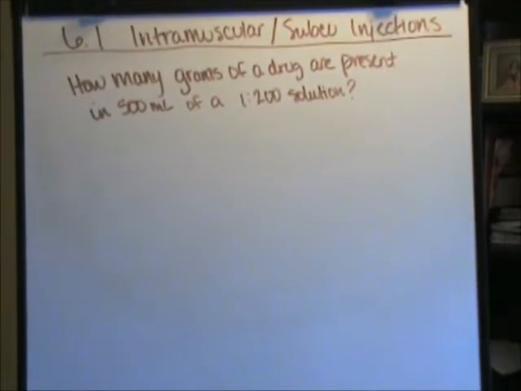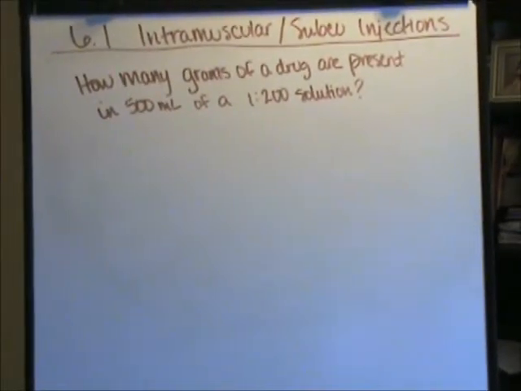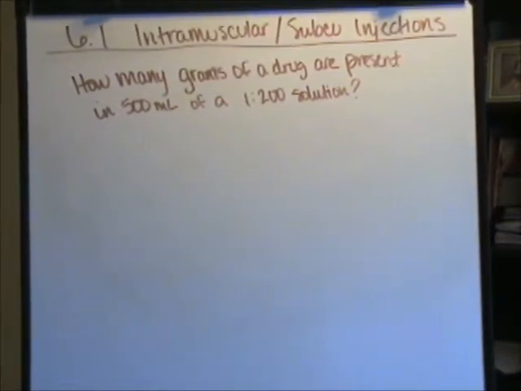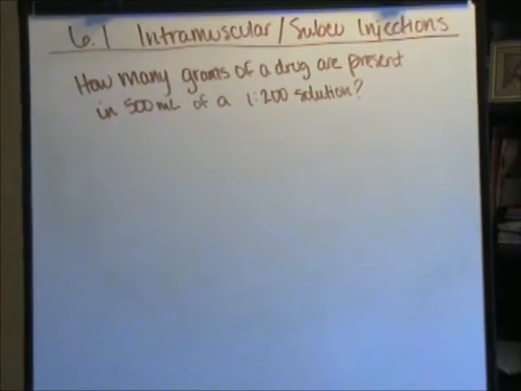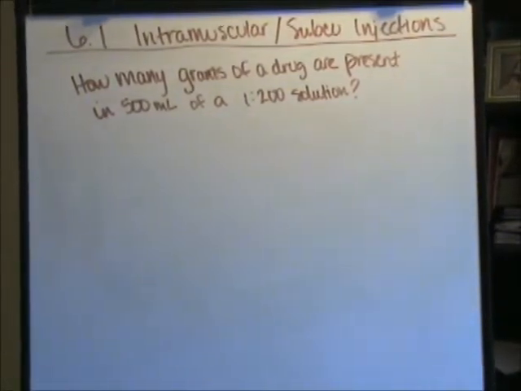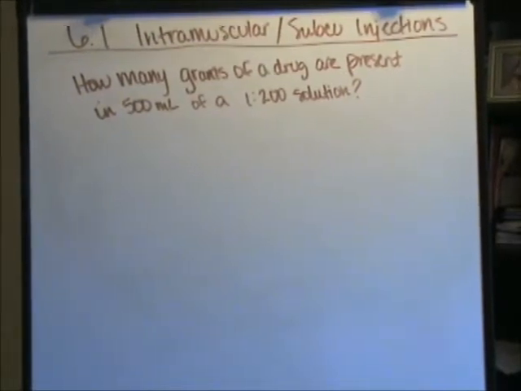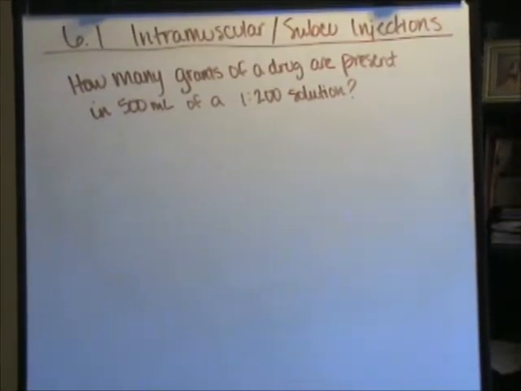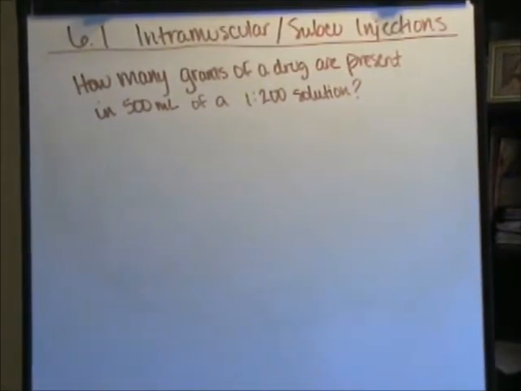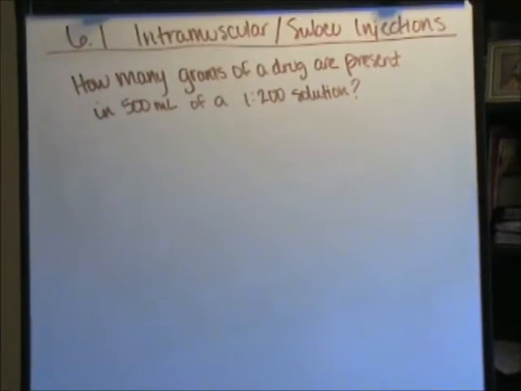Welcome to Chapter 6, Section 6.1. We're going to be discussing intramuscular and subcutaneous injections. We're going to be looking at several examples of labeled boxes and bottles and getting comfortable reading them, and then also solving for both volume and quantity of drugs in injectable solutions using either our ratio proportion method or the dimensional analysis method. The first thing I want to touch on also is that we're going to be looking at